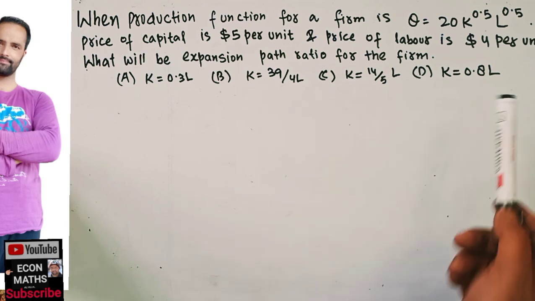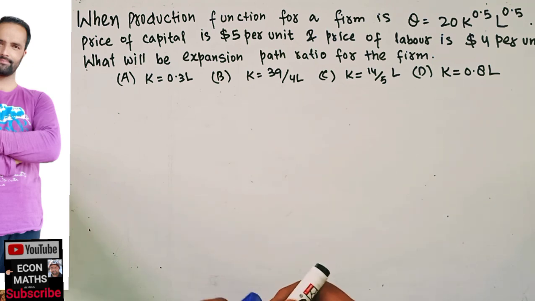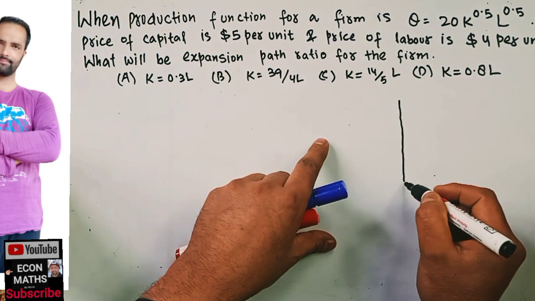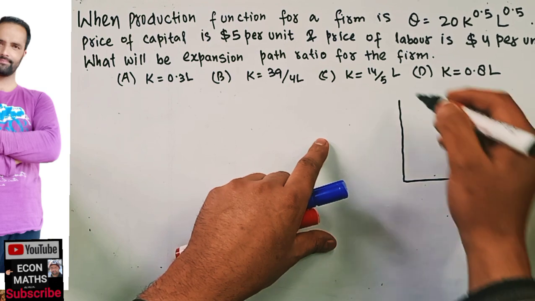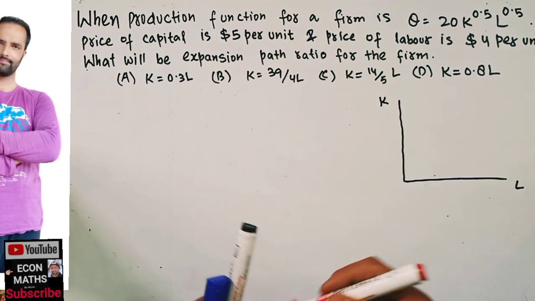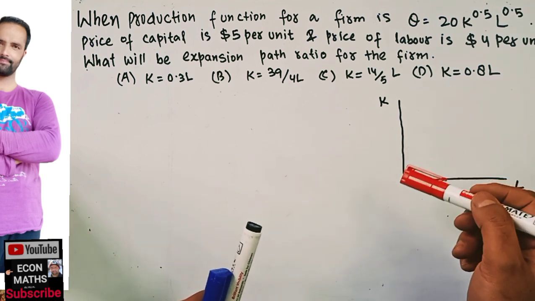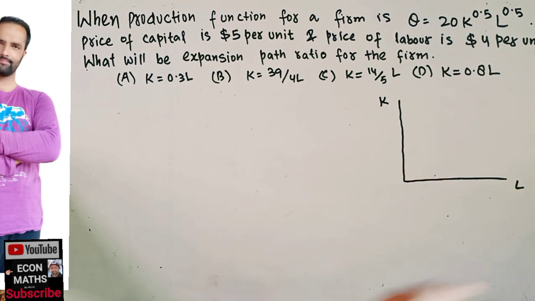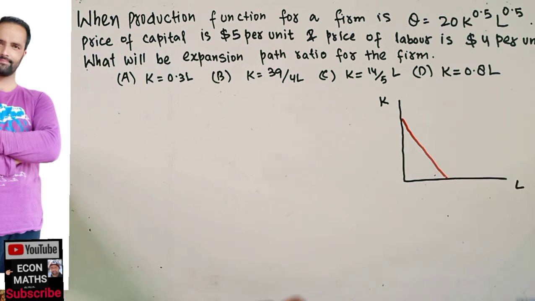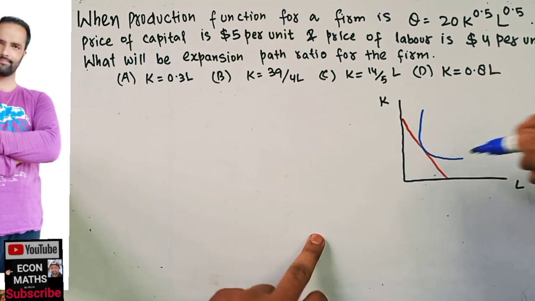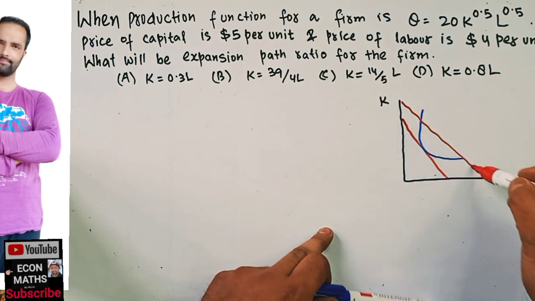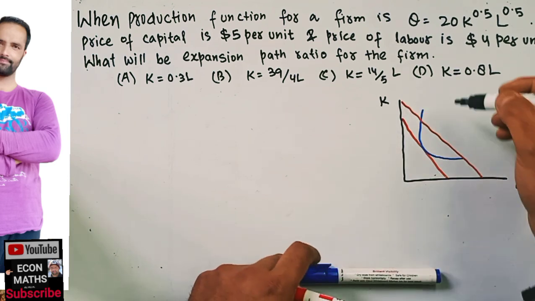The options are given as these. Okay, so what do we mean by the expansion path? If I draw the isoquant here, we have units of labor here and units of capital here. By expansion path we mean a path connecting optimal input combinations as the scale of production expands. If this is our isocost line and this is our isoquant, and similarly we have another isocost line like this and another isoquant,